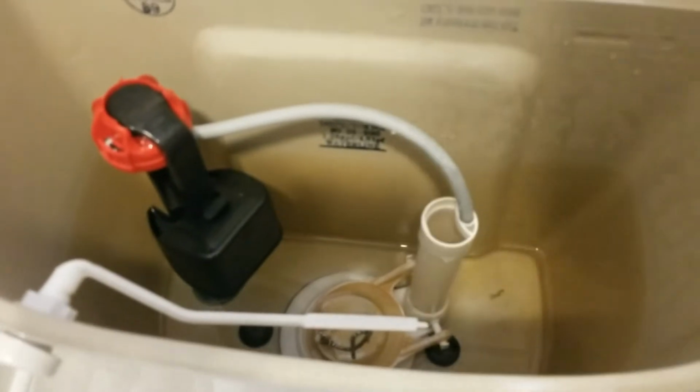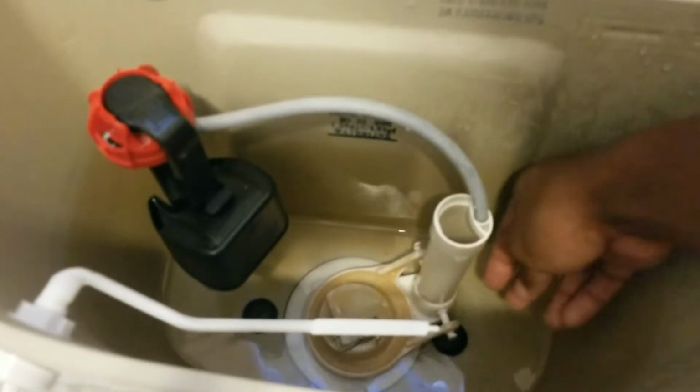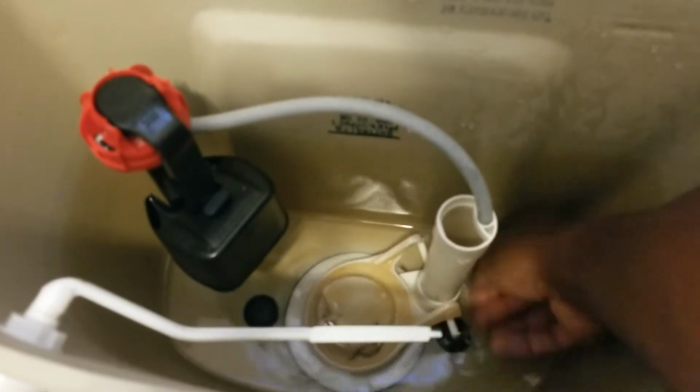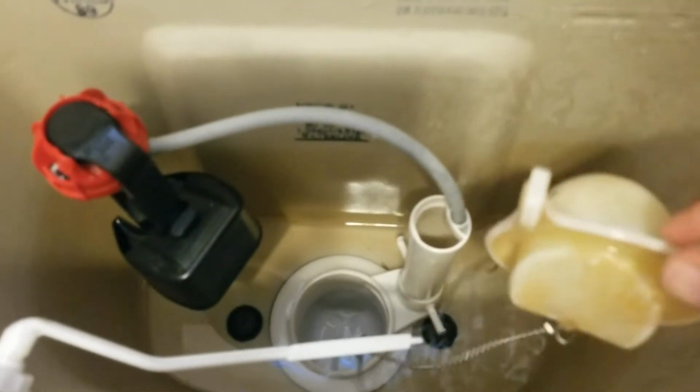Now that I've turned the water off to the toilet, I'm going to go inside now and let the water drain out as much as it's going to drain out, and then I'm going to remove my flapper from the hinges inside my toilet. This was basically just a rubber hinge where I just pull it up towards me and it comes apart. Now once you get the flapper out, you can see your drain hole, and again, measure the diameter